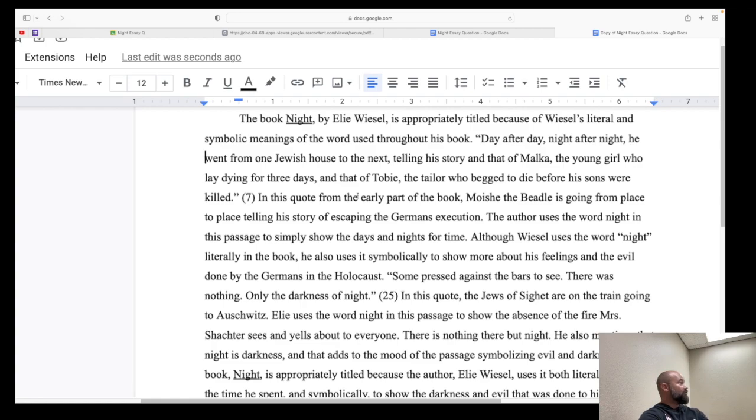Now, did I just start typing away? It was a process. I had to find my blank. First I had to read the question. I had to figure out the question word, what, which was giving me a couple of blanks. I had to figure out that I'm using both the literal and symbolic meanings of night, and I'm looking for those in the book. I found them. I used quotes that I thought represented those two ideas, and then I talked about each of those separately, made a transition between the two, and then summarized the whole thing at the end. That process